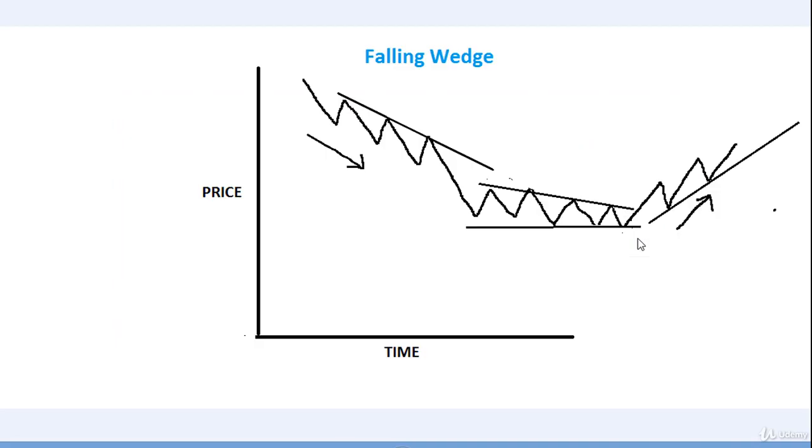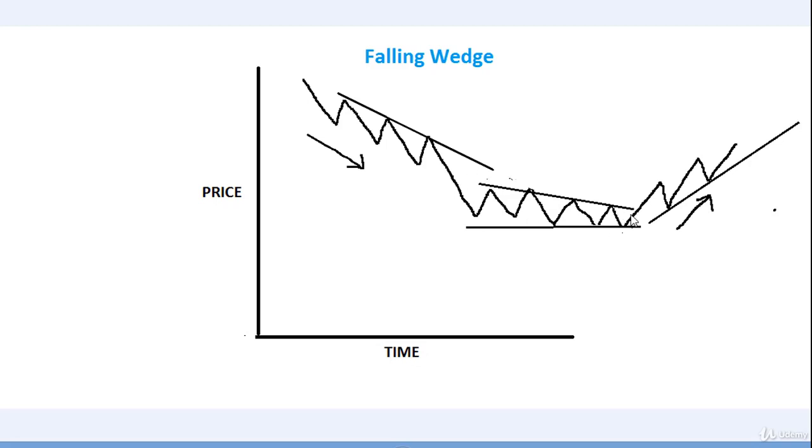Falling wedge is a bullish pattern seen in a downtrend. It is an indication of uptrend. Pattern begins wide at the top and contracts at the low. Positive breakout is seen when the resistance formed by this upper trend line of the wedge is broken. If we get a breakout at this upper trend line in upward direction, we can make our buy position here. It is a confirmation of the end of this downtrend.